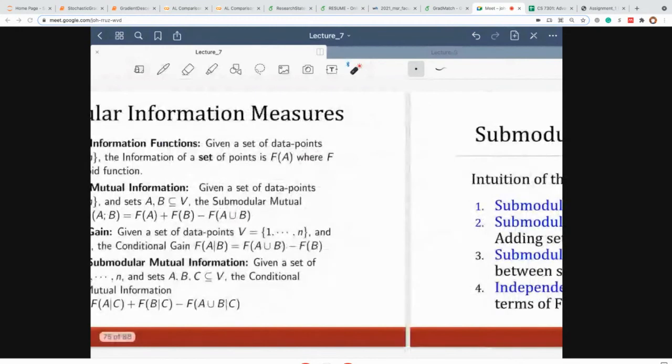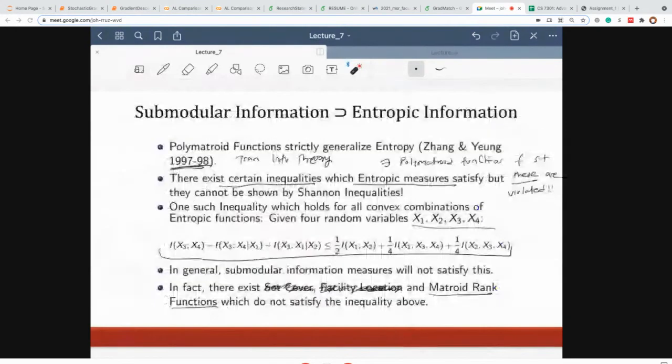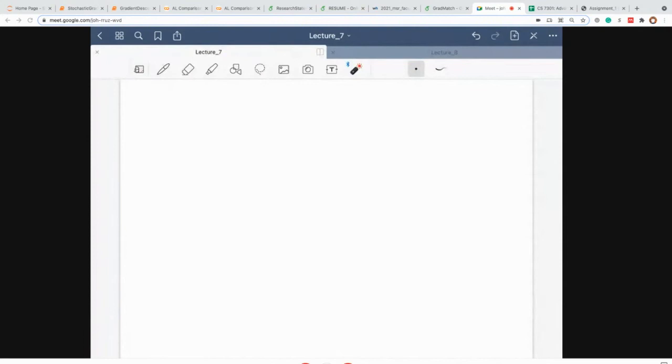Maybe I'll talk about this again. This is a completely open research problem, which I'm very interested in. So if any of you is interested in this slightly more theoretical space, and wants to explore the connection between information theory and submodularity, properties of submodular functions, let me know. We can discuss this. I'm actually looking for a student who's interested in this space. So just an advertisement here.